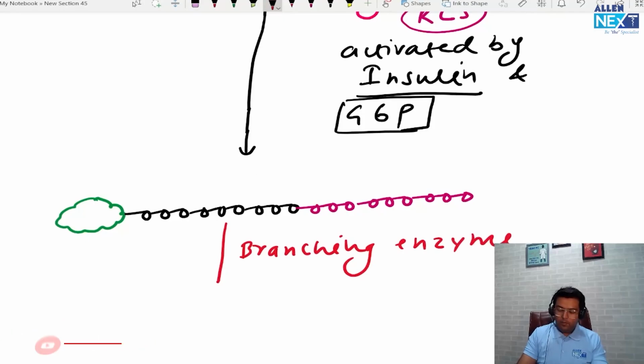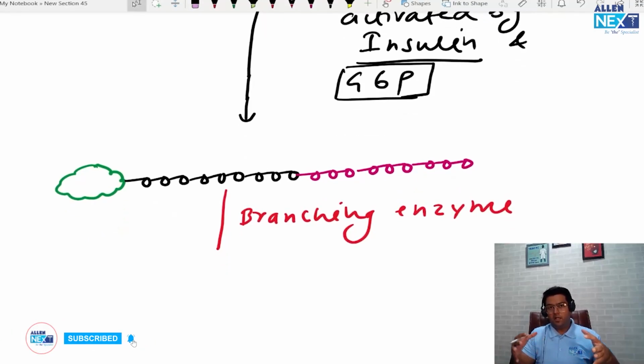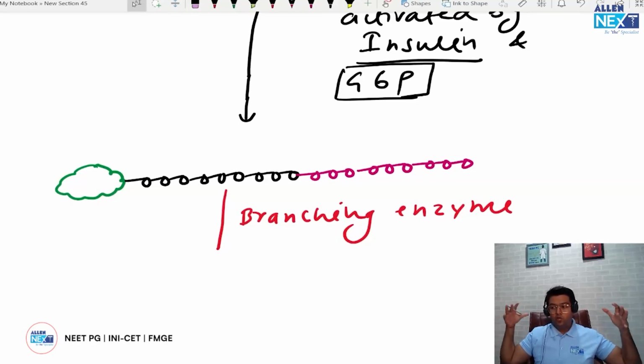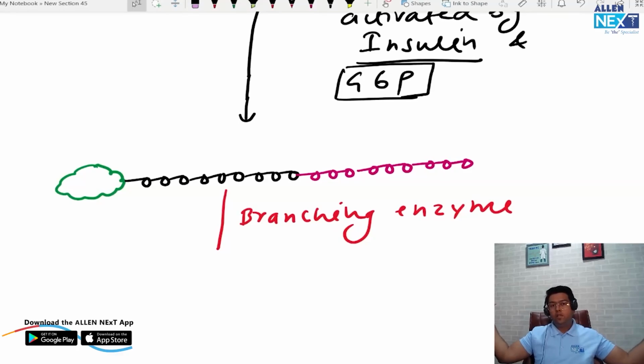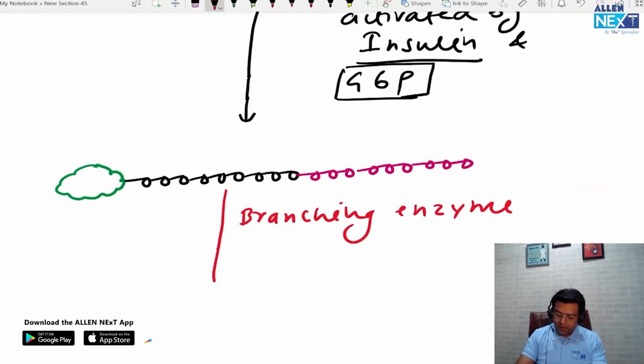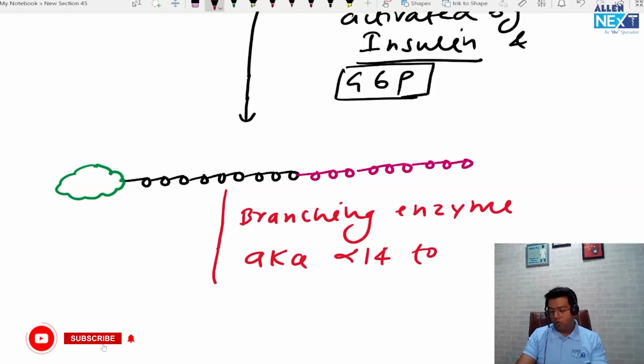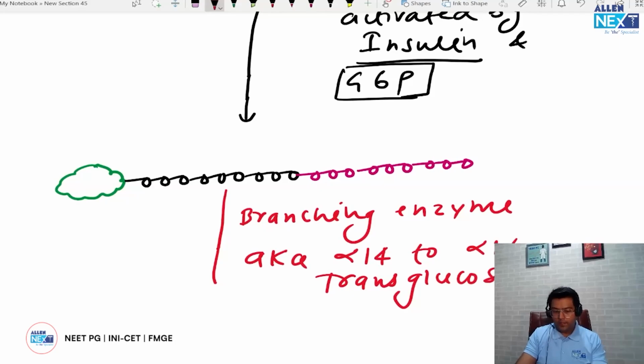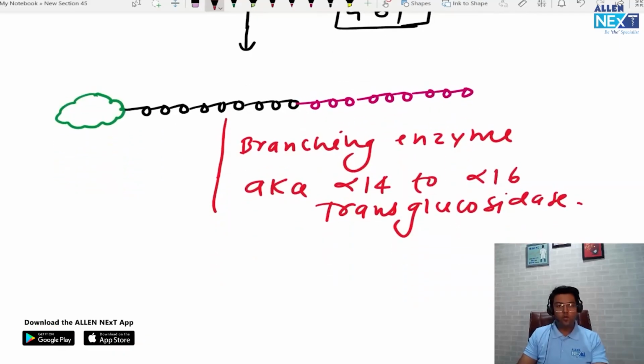एंजाइम। अब हमें एक ब्रांच बनाना है। ग्लाइकोजन सिंथेज अगर कंटिन्यू बनाता ही जाएगा तो सारा ग्लाइकोजन लीनियर हो जाएगा। I don't want the linear glycogen, I want a highly branched, है ना। हमें जो ग्लाइकोजन चाहिए दैट शुड बी branched, right? Lot of branching must be there. Okay. So branching enzyme का दूसरा नाम क्या है? It is also known as alpha 1,4 alpha 1,6 transglucosidase. Okay, transglucosidase भी बोलते हैं इसको, राइट। सो गाइज यहाँ से ये कुछ पोर्शन उठा लेगा,